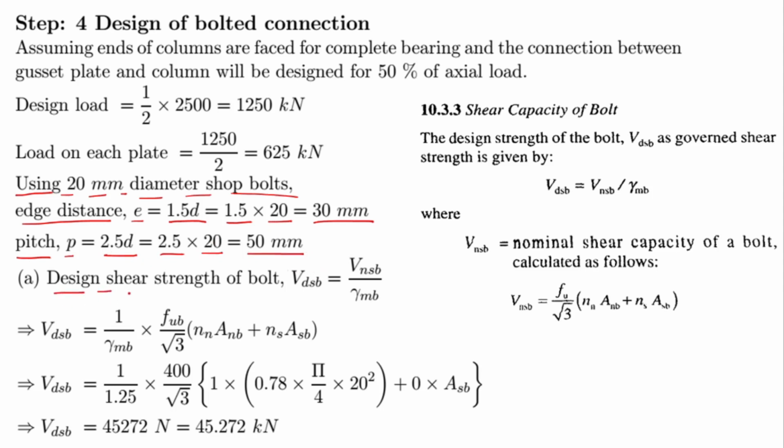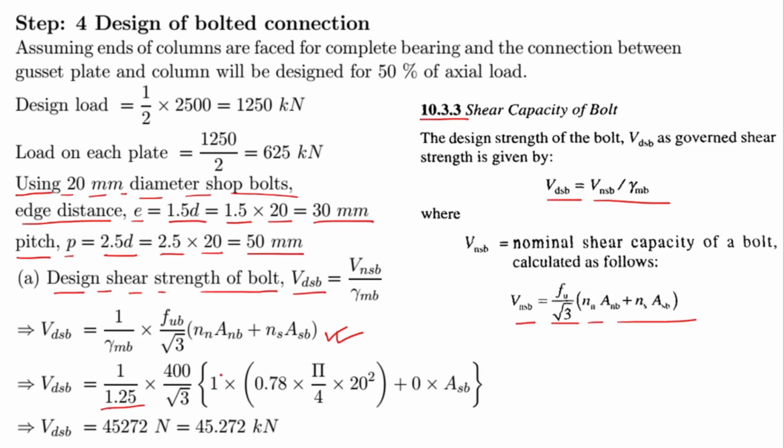Then you have to design the shear strength of the bolt, V_dsb. If I follow clause number 10.3.3, the design strength of the bolt V_dsb equals V_nsb by gamma_mb, and V_nsb is replaced by f_ub by root 3 times (n_n A_nb plus n_s A_sb). So finally this is the expression for design shear strength of the bolt. If you put the corresponding values, gamma_mb is 1.25, which is a partial safety factor for bolt and taken from table